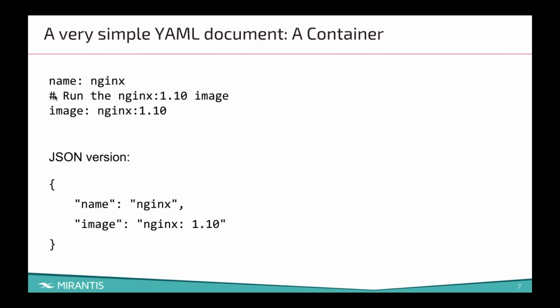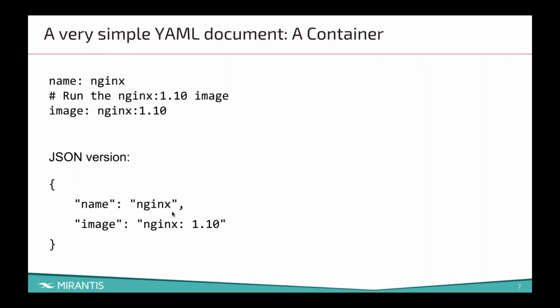And comments, as you're probably familiar with from other languages, we can denote those with a pound sign. Now, again, this is a very, very simple YAML document. But what's interesting here is that YAML is what's called a superset of JSON. Now, what does that mean? That means that if it's a valid JSON document, it is a valid YAML document. Now, not necessarily the other way around, but what that means is if we were going to do this in